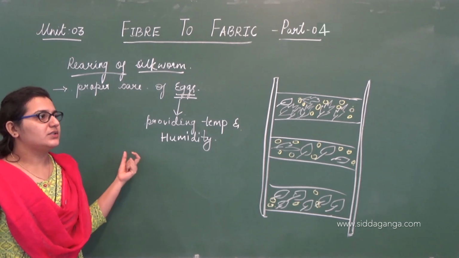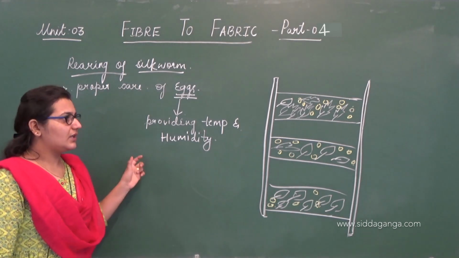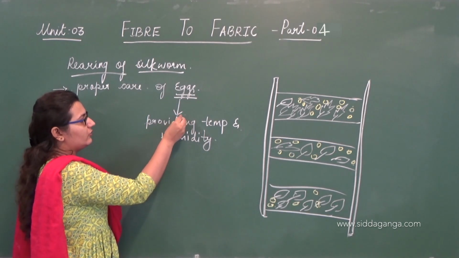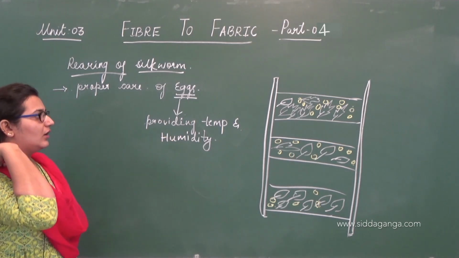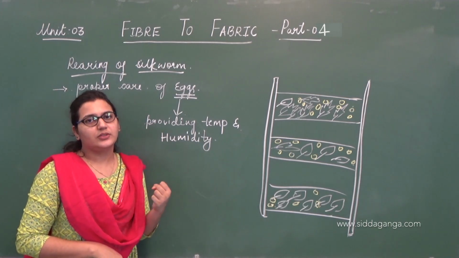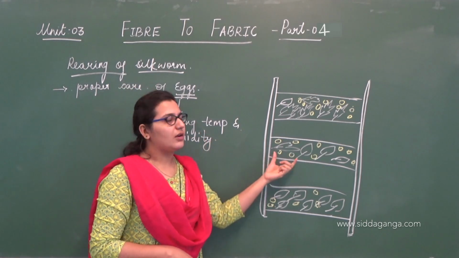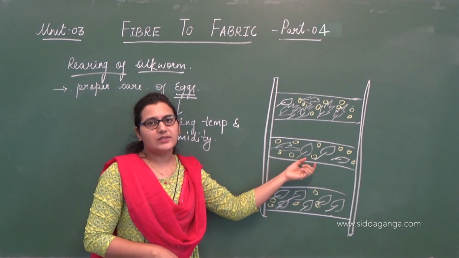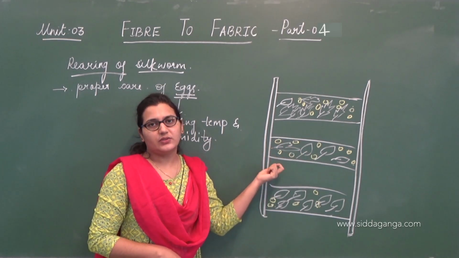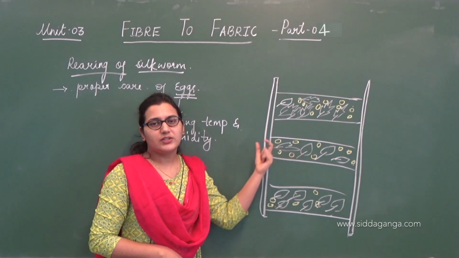Once the moth lays eggs, there are hundreds of them. When it lays, it lays hundreds of eggs at one time. So what we do is give these eggs a warm condition, and they are placed in trays. Why are the leaves put here? Because soon after the egg hatches, the larvae feed. They need food.